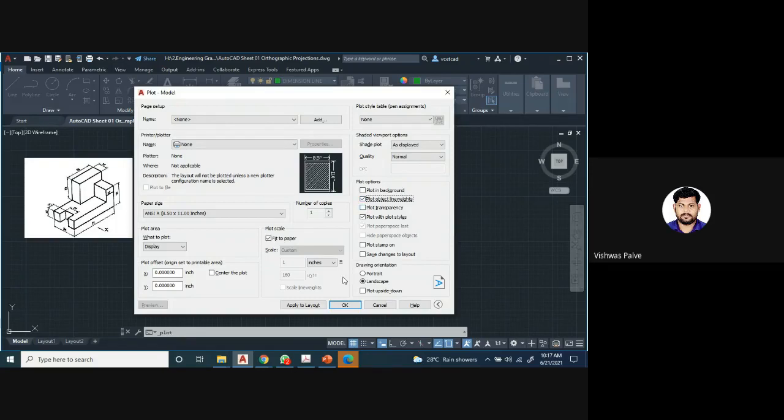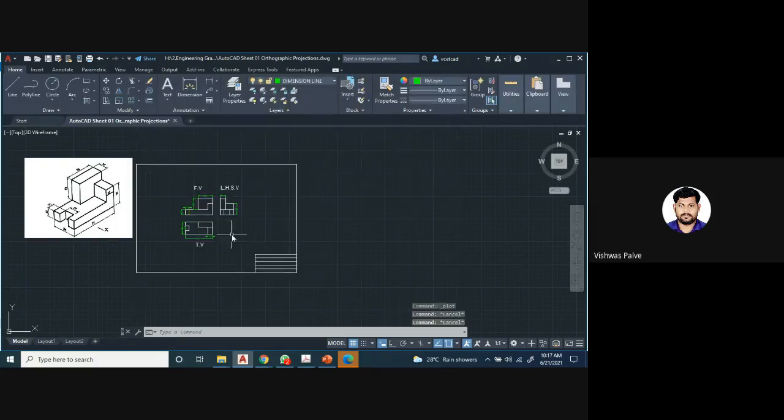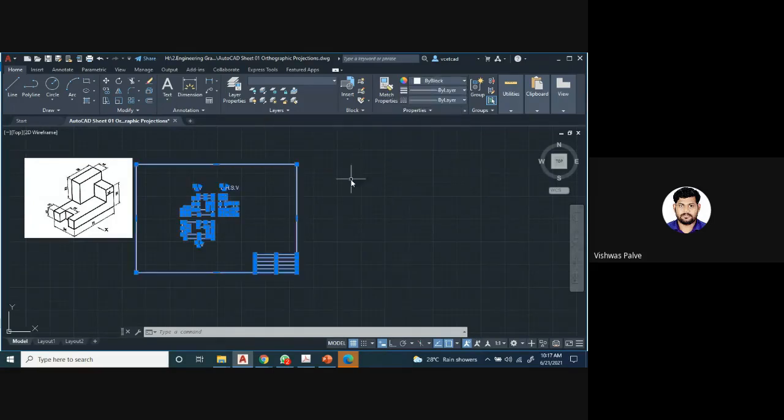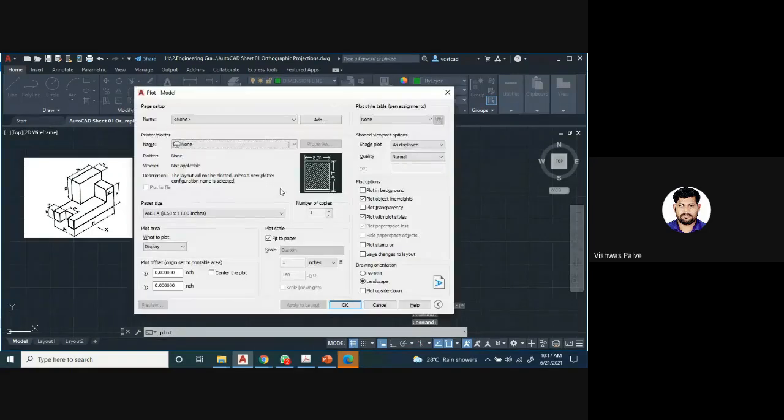We can do that. Or there is one more thing we can do: directly select the complete drawing which we want to print, and set the color to white, by block, and then print. You will get all the lines as normal.